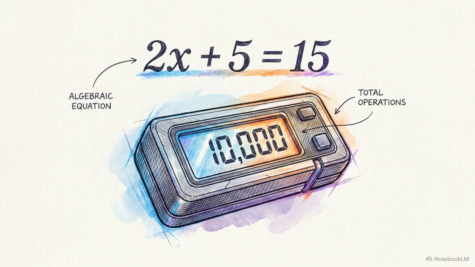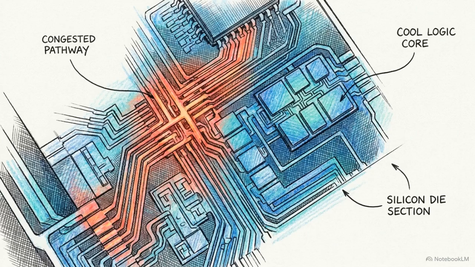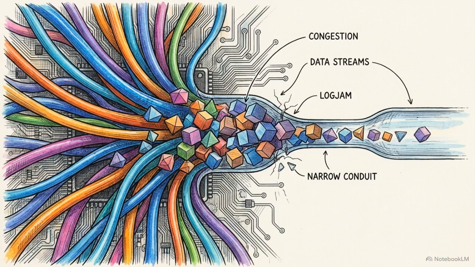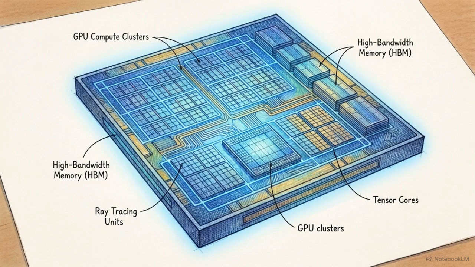The assumption is that analyzing the total number of mathematical operations required will accurately predict how long an algorithm takes to run. On modern silicon, that assumption breaks down. Transformers hit a scaling wall because the physical layout of the processors creates a bottleneck that outweighs the cost of the raw math itself. To locate the exact point of failure, we have to map out the physical architecture of